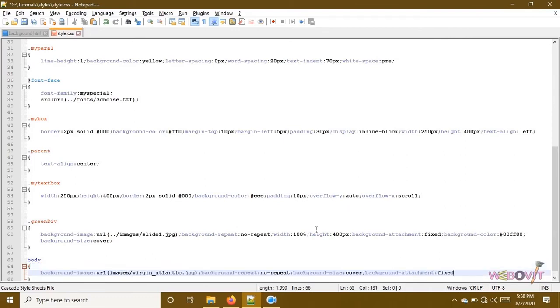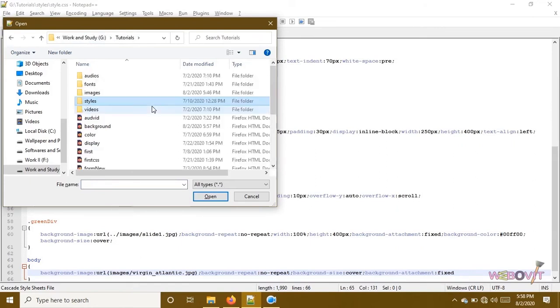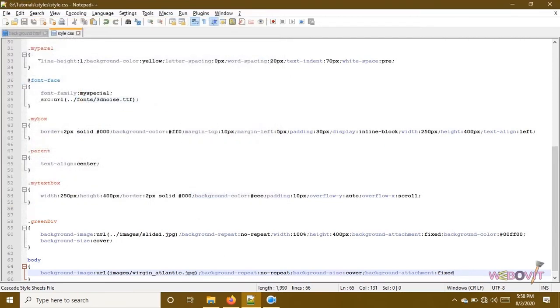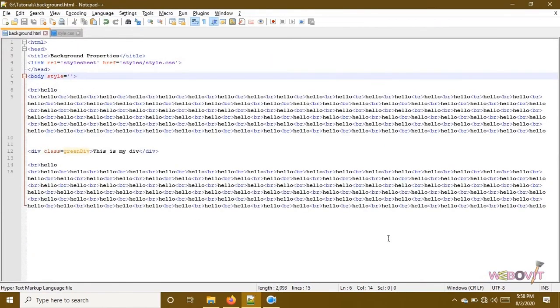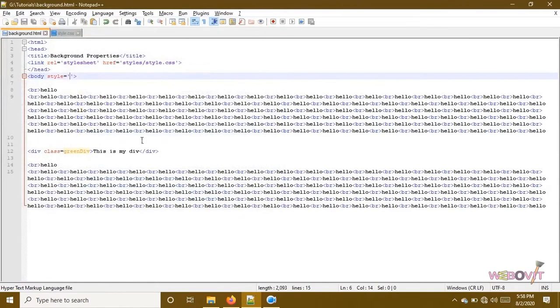so inside this I will paste the code, but as you know already, this styles.css file is present in a styles folder, and the images folder is missing in this folder. The images folder is available one directory up. When I was writing the code directly in the background.html file, the file was outside in the root directory and the images folder was available there, so it was easy to navigate.